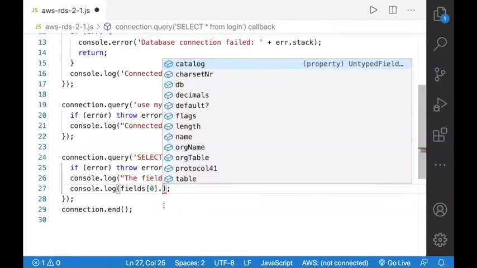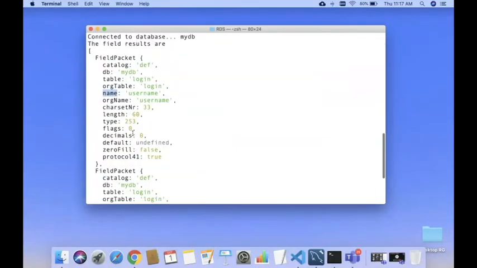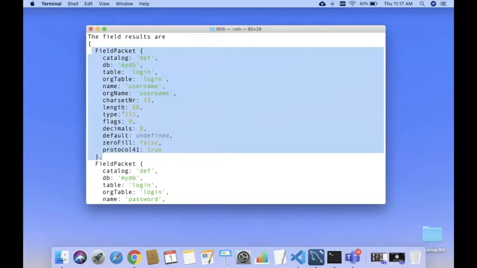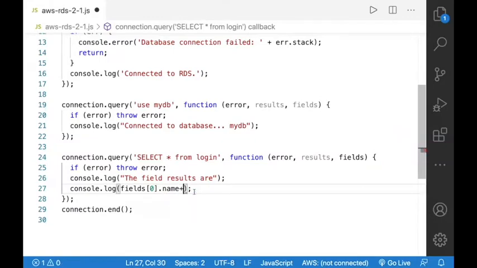the first field value. Many field values are there. Out of that, I'm going to access the first field value. From this, I'm going to access the name value. I can say name. After that, I'm going to take the field of 1 and the name value.